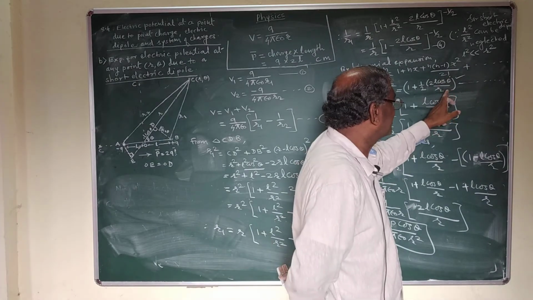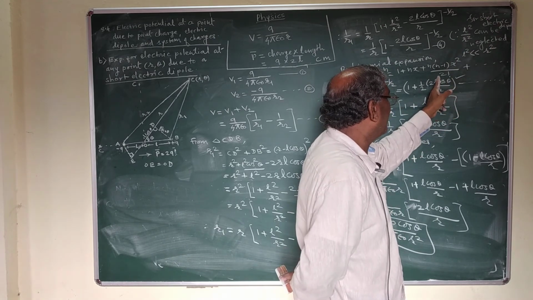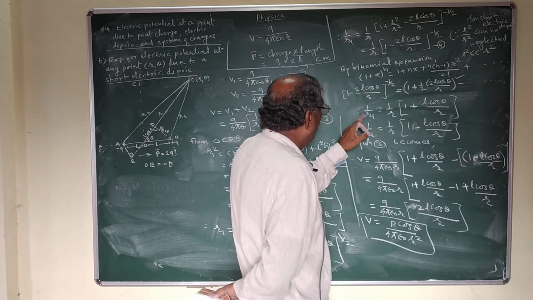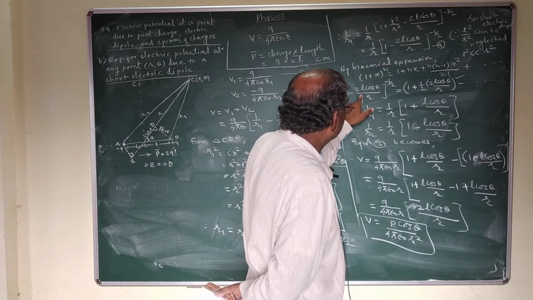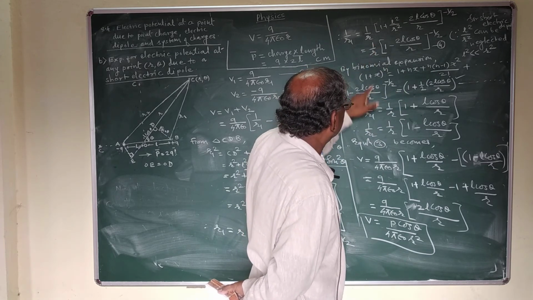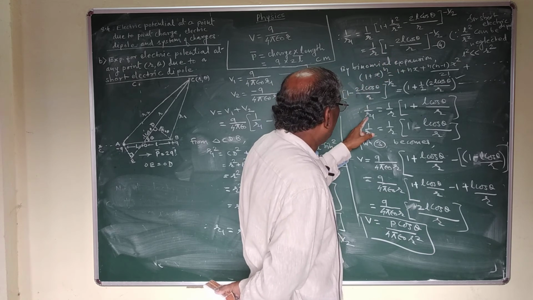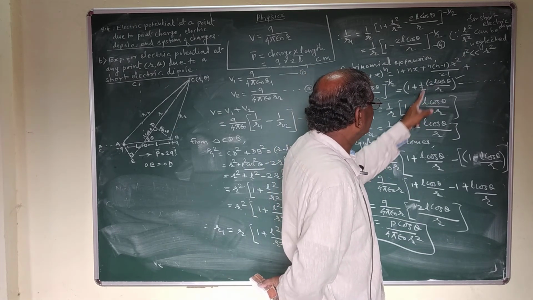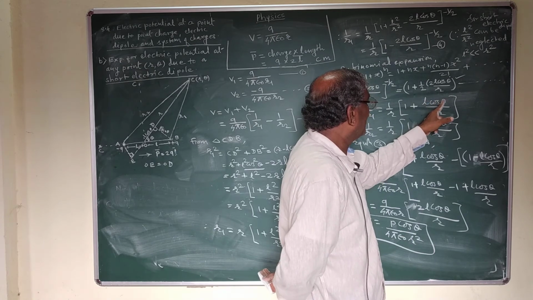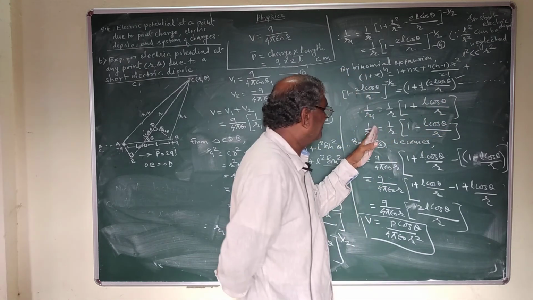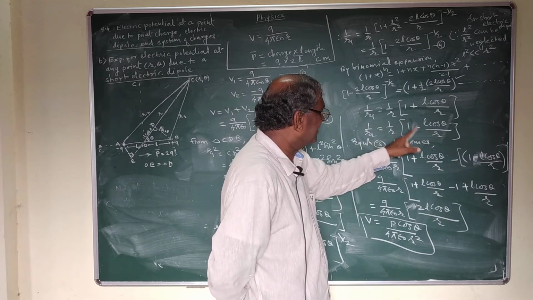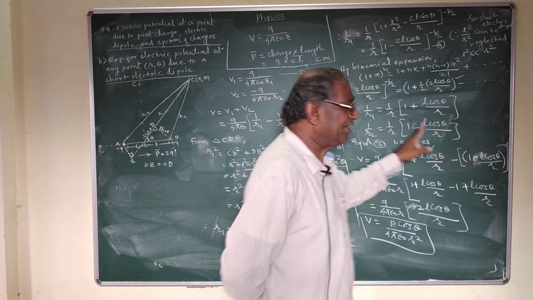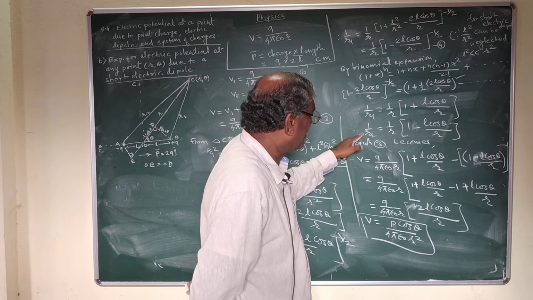So that up to first approximation we consider this equation; higher powers of L square upon R square can be neglected. So that we get, substitute this value in this equation, we get 1 upon R1 is equal to 1 upon R, this value is 1 plus, 2 cancel, 1 plus L cos theta upon R. Similarly, we get the value of R2 because in this case it is minus, 1 upon R, 1 minus L cos theta upon R. So by using binomial expansion, we get the value of 1 upon R1 and 1 upon R2.